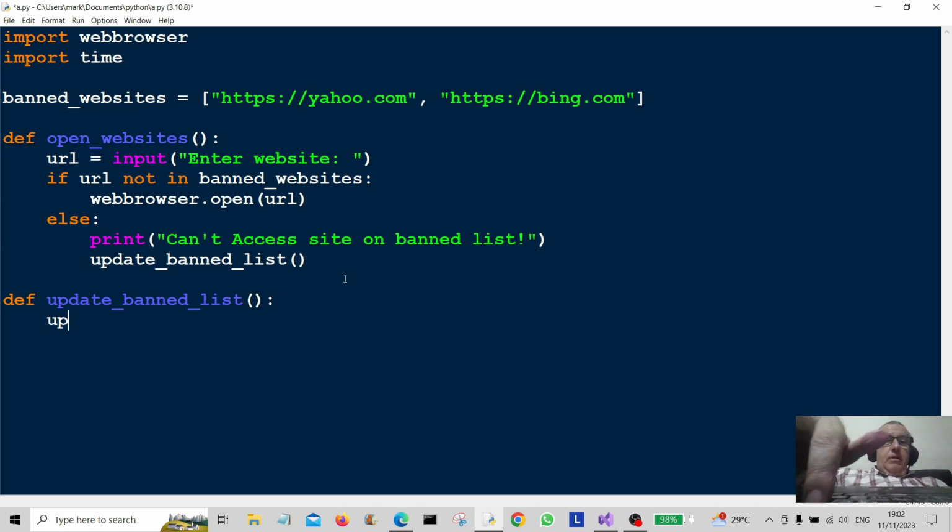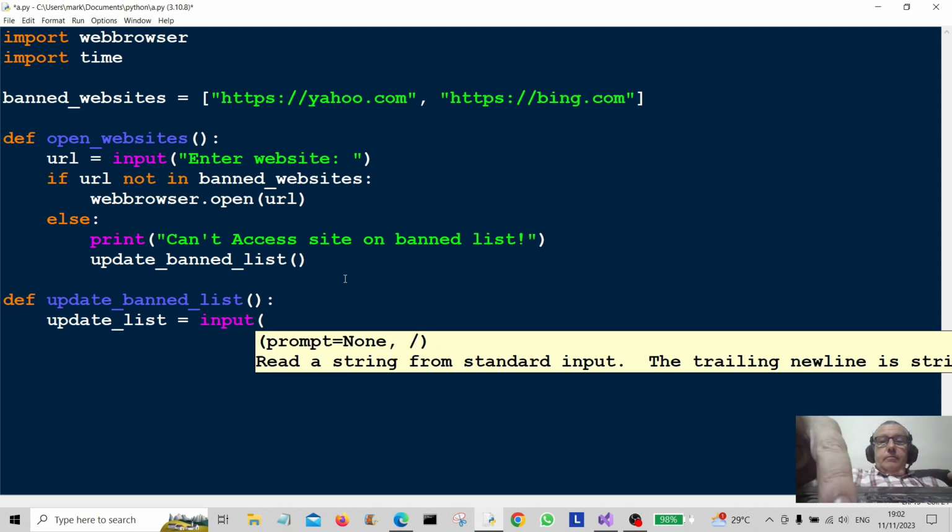Okay, and this is going to be update list. This is going to be equal to input, add a URL to black list. Whoops, black